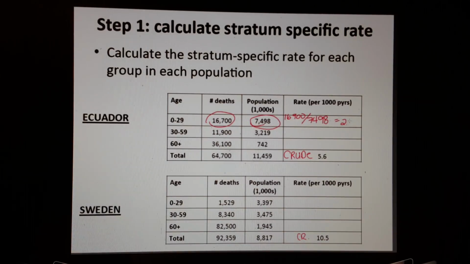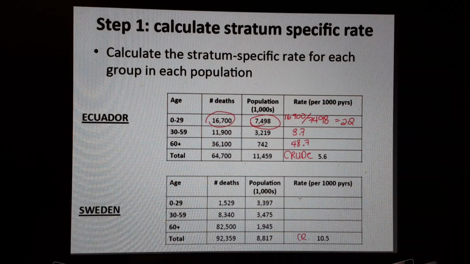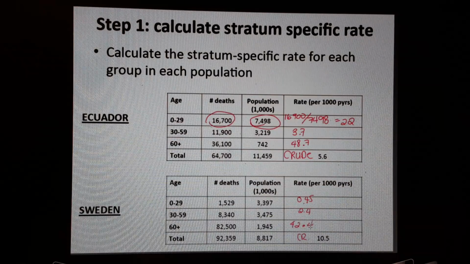Should give you 2.2 deaths per 1,000 person years. So pause it now, go through all of these and calculate them yourselves, and I will give you the answers. Hint, you've already actually done this in a previous slide. If you get stuck,